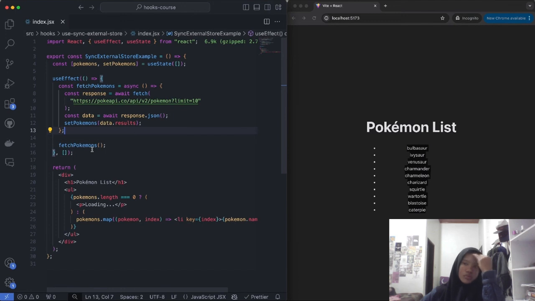Well, the use sync external store hook is designed to let components be able to subscribe to external stores, like for example, global state libraries or custom state managers, in a way that's very safe for concurrent rendering. This was introduced in React 18 to solve issues with concurrent rendering when you're dealing with